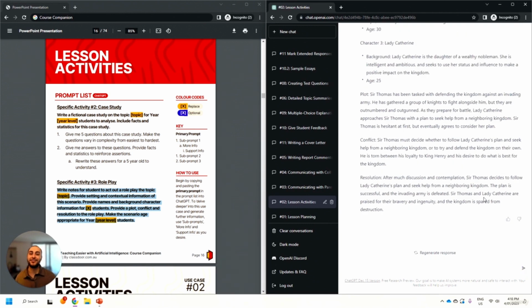So we can provide those notes to 3 students in our class and actually create different role-playing scenarios for each group of 3 or 4 or 5 in your lesson, to then have them come back together at the end of a lesson and showcase their learning in a visible and practical sense. What a wonderful way to engage students in our lessons. And that is practical case number 2.